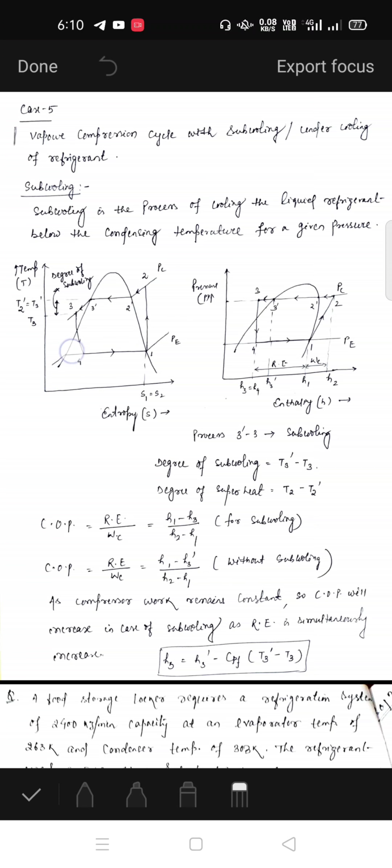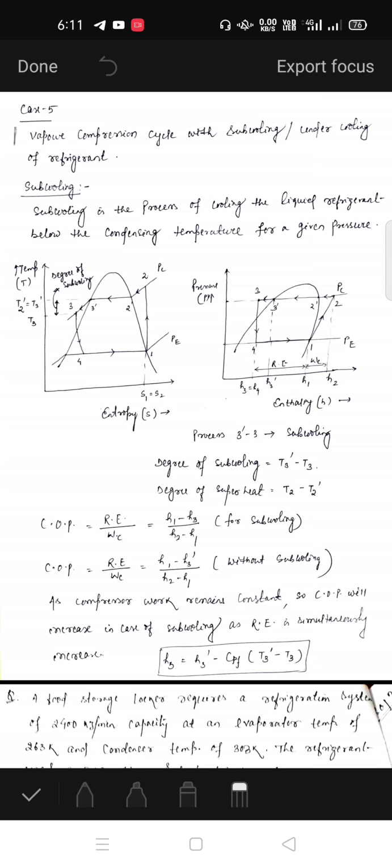Okay, so this is the evaporator pressure line, this is the condenser pressure line. Similarly here, this is the evaporator pressure line, and this is the condenser pressure line. Okay, so students, 1 to 2 is your isentropic compression process. I am taking this case, but the question can be any type. The question can be that the entry to the compressor should be superheated, or that the entry to the compressor should be a wet compression. The case can be any type. I am taking one type of case, but our concept is the subcooling of the liquid refrigerant.